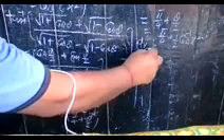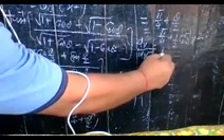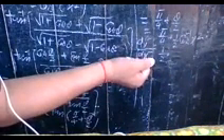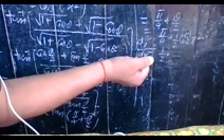If you take the derivative dy by dx, it is equal to, for pi by 4 you have 0, then 1 by 2 into the derivative of cos inverse of x square. The differentiation of cos inverse x is minus 1 upon under root 1 minus x square. So you write minus 1 upon under root 1 minus x to the power 4, into the differentiation of x square, which is 2x. Here the 2 and 2 cancel out, and your final result is x upon under root 1 minus x to the power 4.